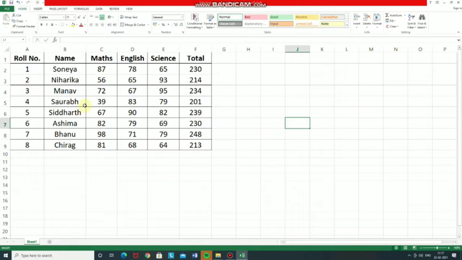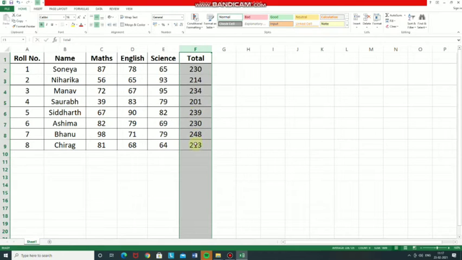To select a range of cells using the mouse, do the following. First, click the cell you wish to start your selection from. I want to select this table from cell A1 to cell F9. So first click the cell you wish to start your selection from.